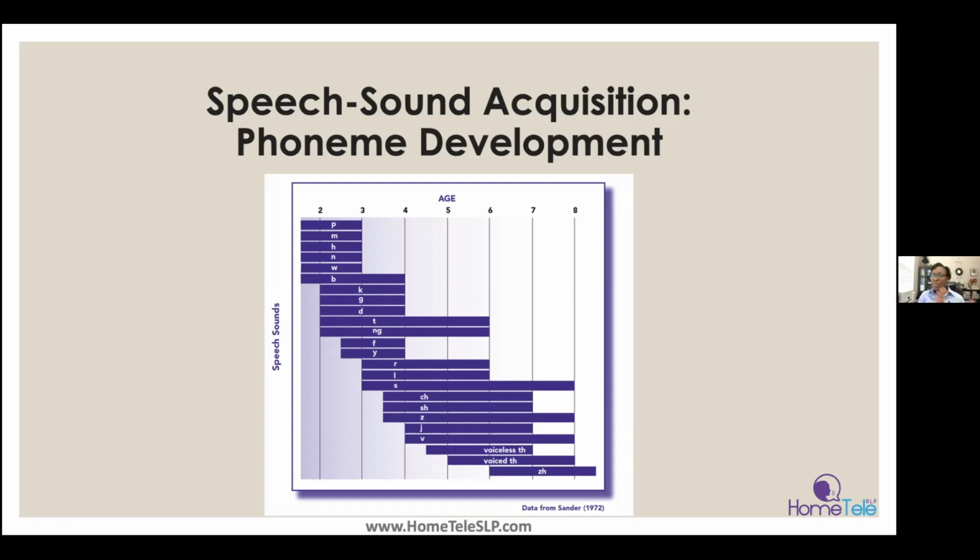So I'm going to stop at the 4 to 5 range. You'll see the sounds that come in later. If a child is having difficulty, for example, producing the F sound or the R sound or the L sound or even S's or S blends and all these other sounds that follow, those are later developing sounds. So it is normal, it's developmentally appropriate for a child to have some difficulty with those later developing sounds.